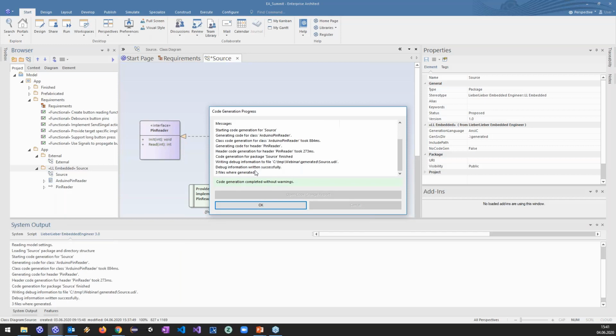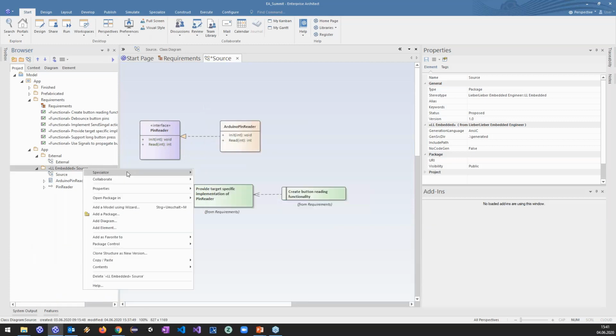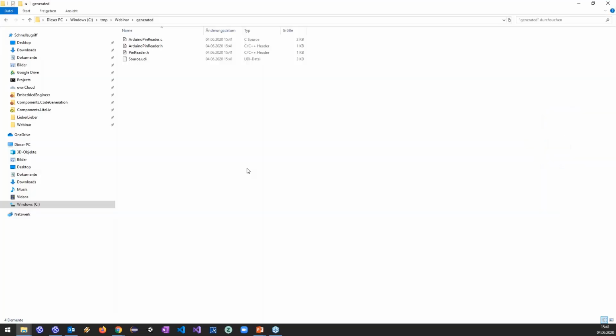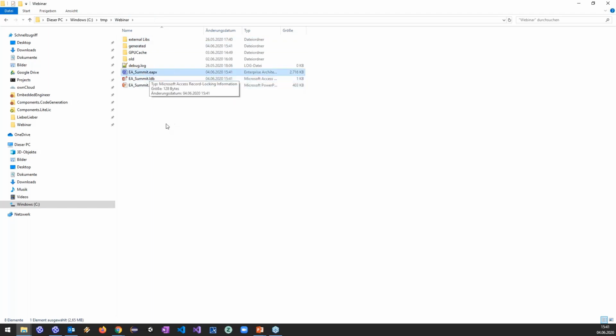Currently, we have created 3 files, of course, into our path here. And we can now right click on Embedded Engineer and open generation folder. And with this open generation folder, we get our folder right here with our 3 files in here. We also have a UDI file, a UML debugger information file, which can be used with our UML debugger, where you can debug the code on the target using your UML model. It's also included within Embedded Engineer. You see the relative path up here goes right away from the Summit EAP file